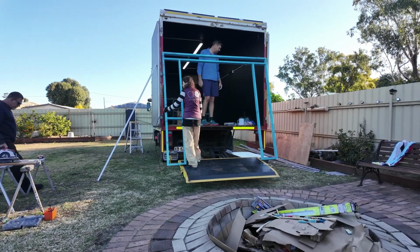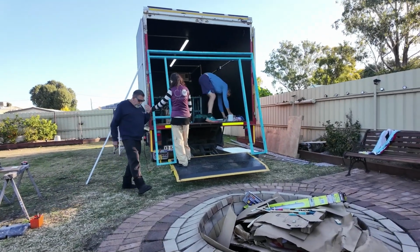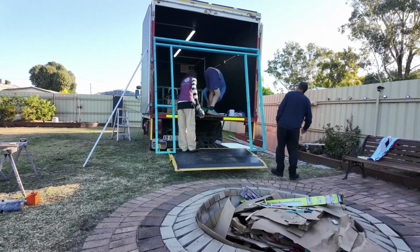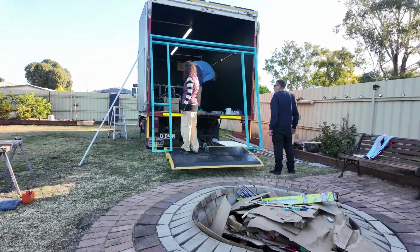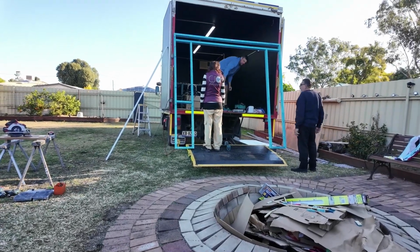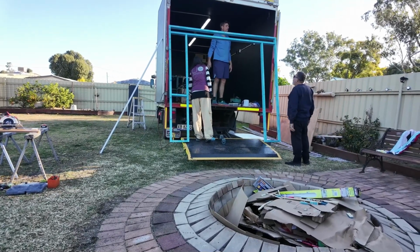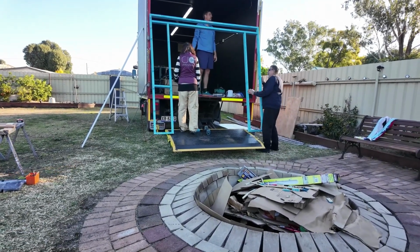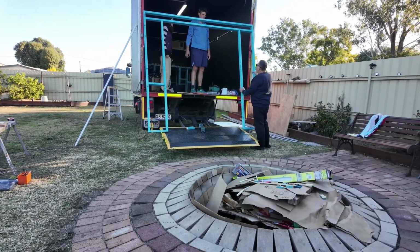Frame's bigger than the hole, we've just got to get it through. This box of shit, I said go through that, throw out what you don't need. I just want to make sure it fits before, but I probably should just